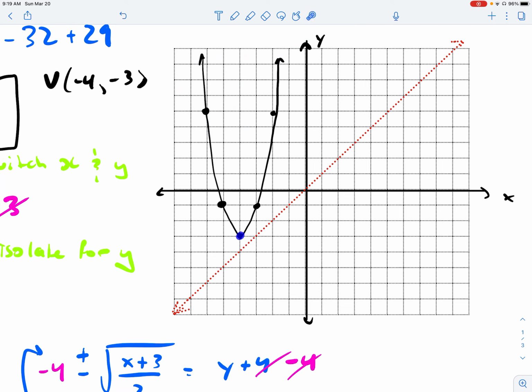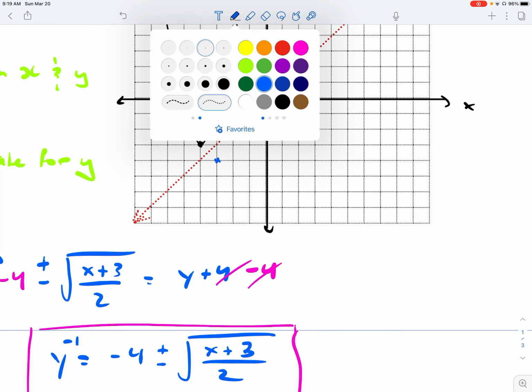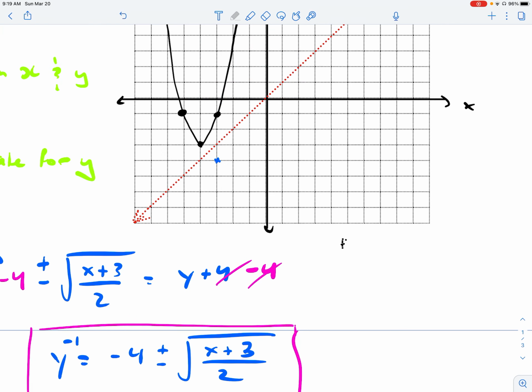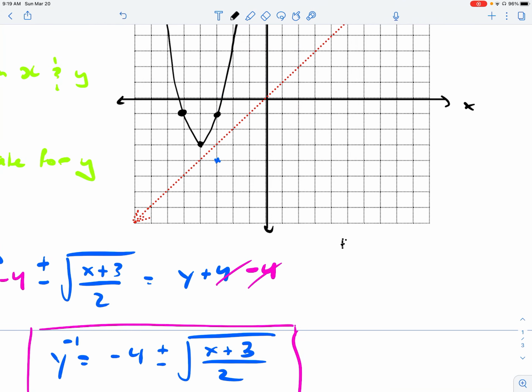So this point here is the point over 4, down 3. So this is the point -4, -3. When I do the inverse, I'll get -3, -4. So that's going to be right here, -3, -4. If you want, you can write out those points. So let's say for the base function, I didn't realize that was still on. Okay, so for the base function f of x,